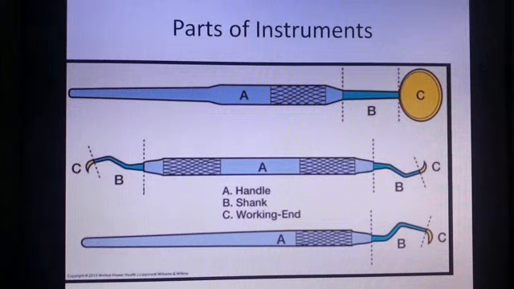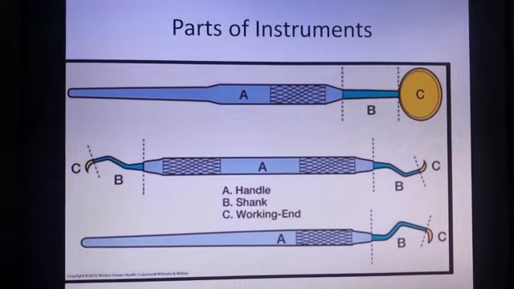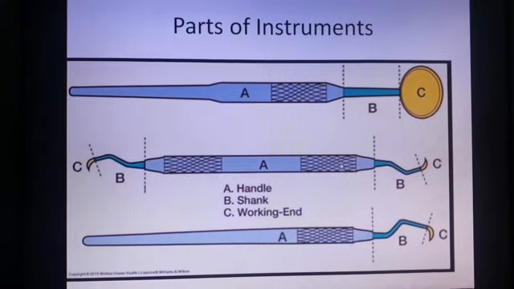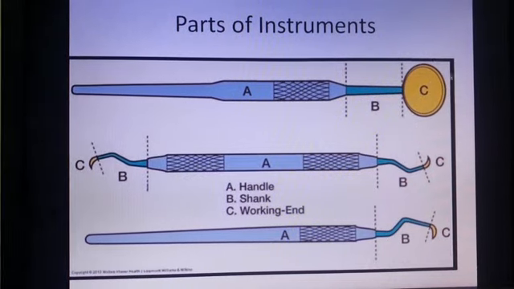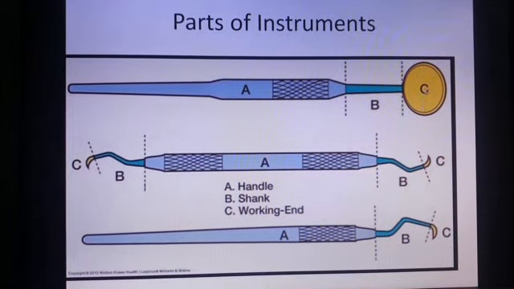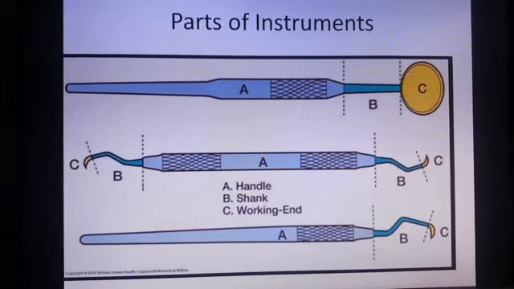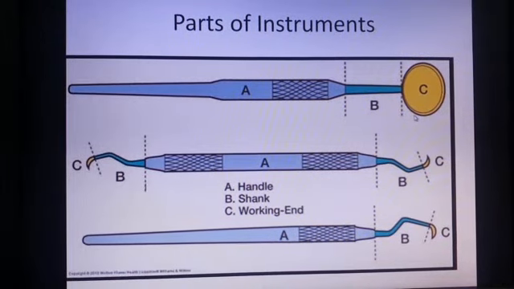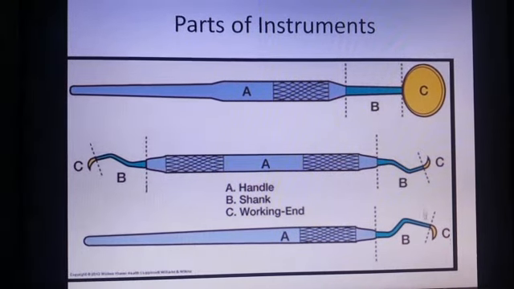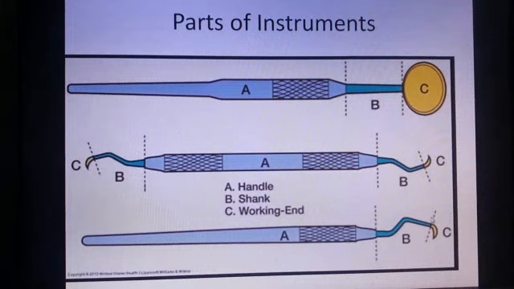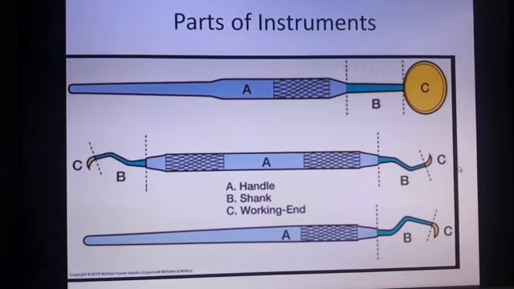Students, the topic of discussion is the supragingival instrument. The basic parts of instruments are the handle, shank and working end of the instrument. Each instrument has a different type of working end, like the mirror has a mirror tip as its working end, while supragingival and subgingival scaler instruments have a blade as the working end.